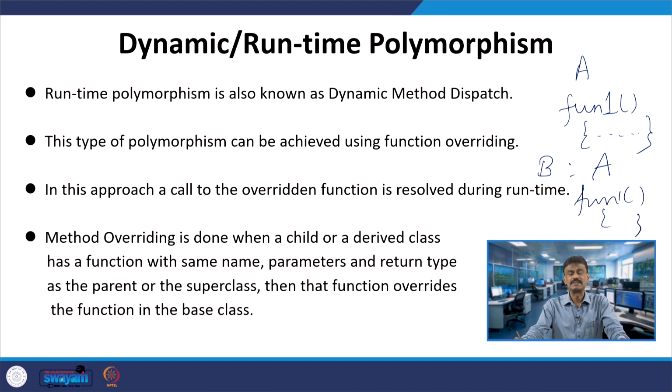In that case, which member function will be called, right? That is a challenge. This will be decided during runtime. The previous one was decided during compile time, but in this case it will be decided during runtime. Therefore, it is called runtime polymorphism or dynamic binding, or you also call this dynamic method dispatch, right. Several names, but the idea is the same, alright.